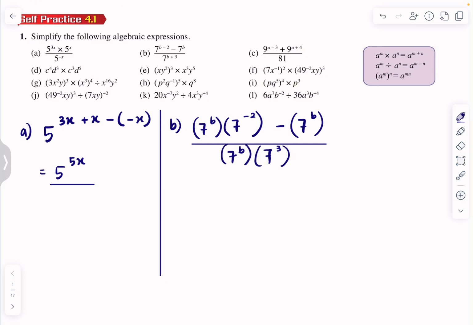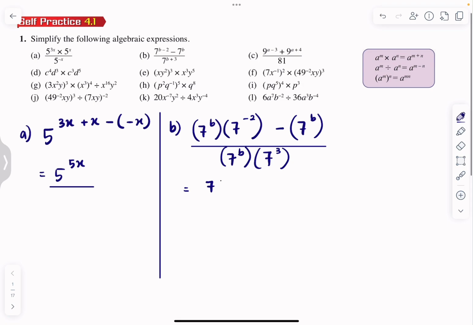Okay, why we can do this is because if we have times, the power will become plus. So if we have plus, you expand it, it will become times. Rule number 1, just that I didn't write times in the middle. I just use brackets. Right, so I can say 7 power negative 2, 7b, this is 1, 7b